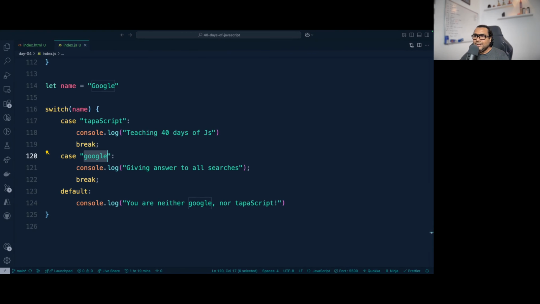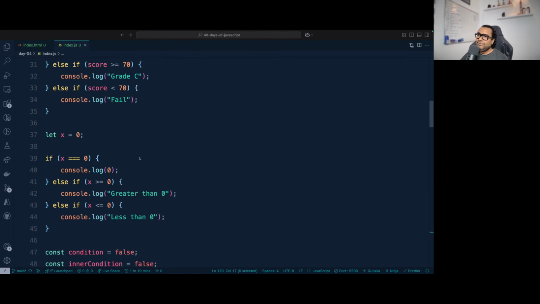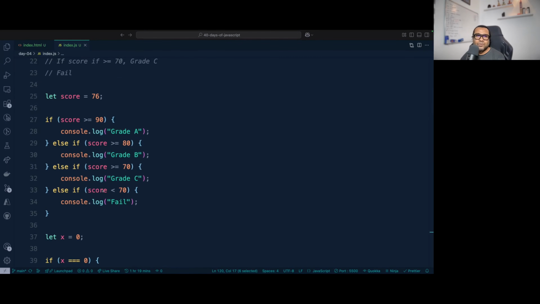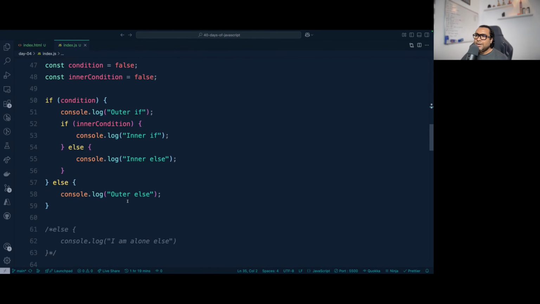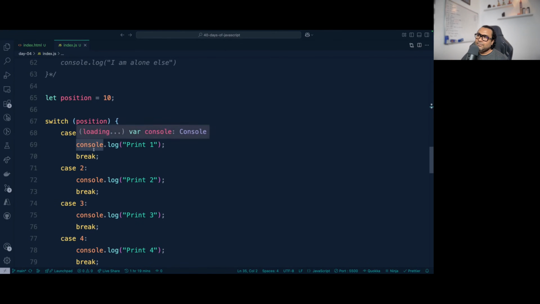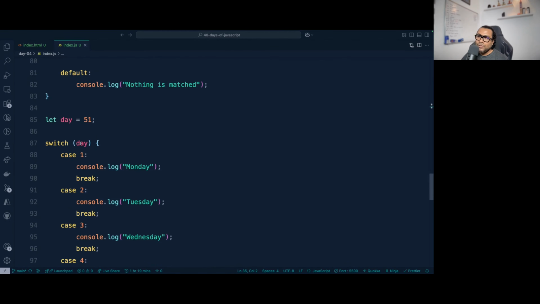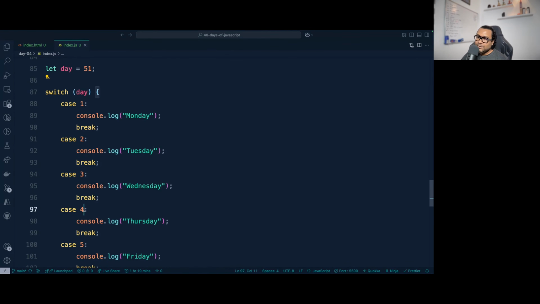Also, another thing I like about switch case is the readability. With this, when there are too many things, it's not so readable for me. I have to really focus on each of these conditions, what they are saying, and then I'll be able to think, okay, fine, this is what it's saying, this is where the block has to be, and that's how I will proceed. But in case of switch case, the readability is very good. I know this is the value, and where exactly this value is matching. Okay, this is where this particular thing will be working out. So the readability is really great.